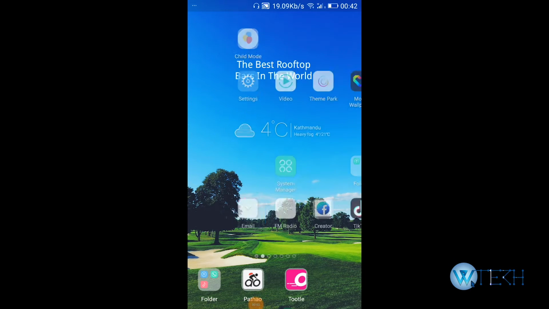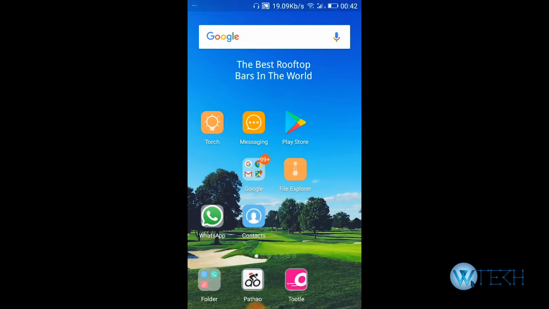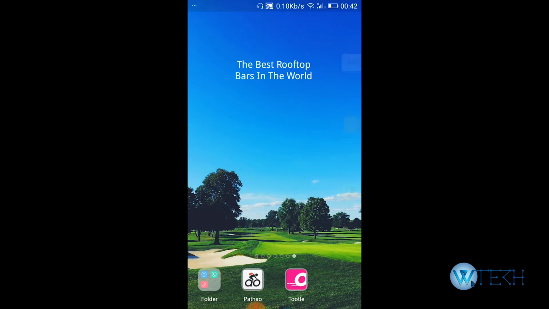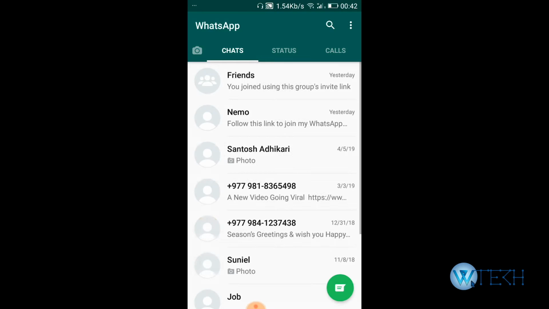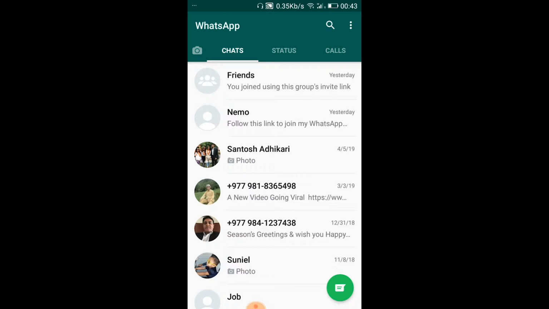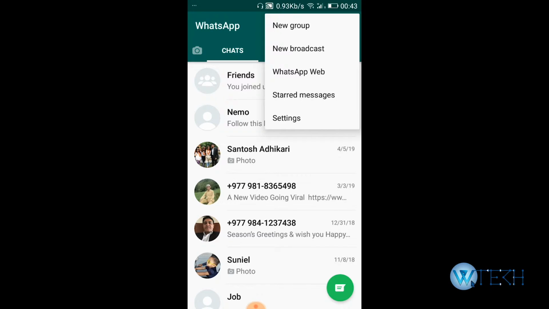On today's video I'll show you how you can change your WhatsApp tone. Alright, so that can be done through the settings. So let's open the WhatsApp application. Okay, so the first thing you need to do is go through the settings on the top right, tap and